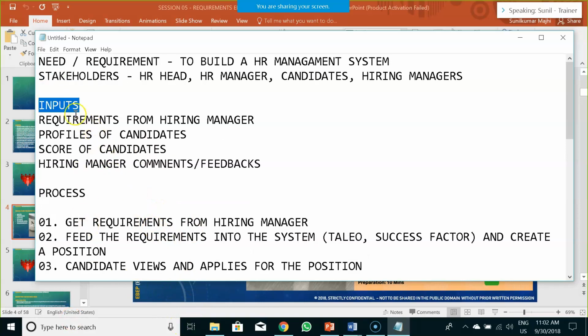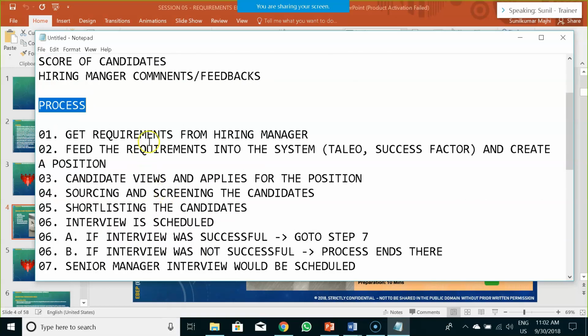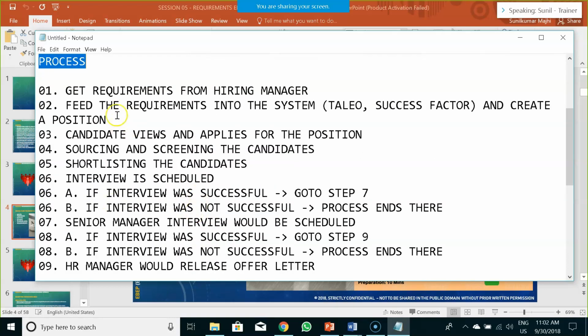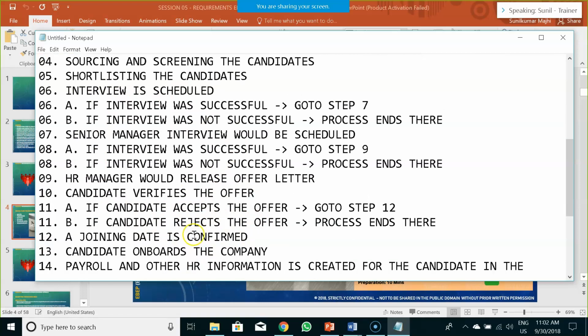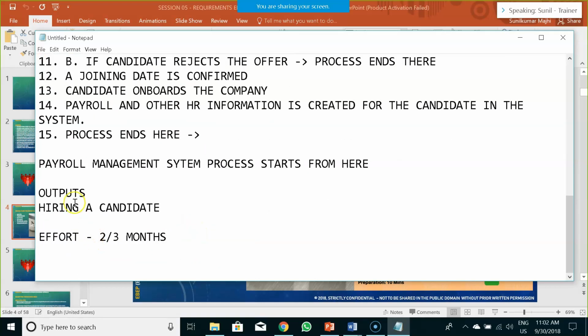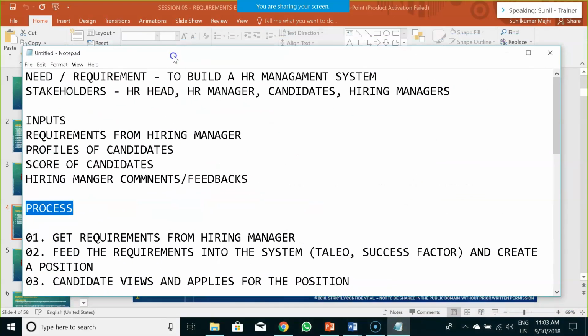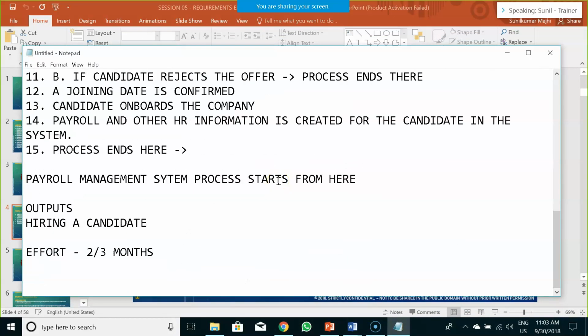Then we talk about the inputs, the processes, how this would work, how this input would be brought into usage throughout this process, how the stakeholder would be interacting with the system during these particular steps or processes, and what is the final output we would be getting. That is something we would be describing in our requirement when it comes to writing requirements or understanding our business analysis profession. So this is the basics of how you think about writing a particular requirement or understanding a given situation in the first place. Given situation as in given needs.